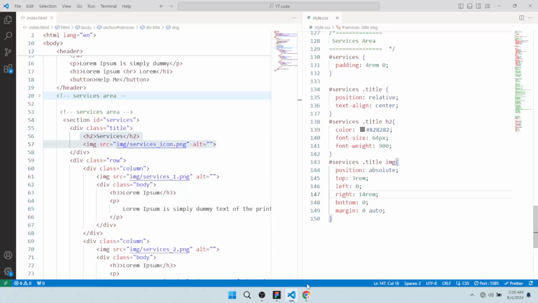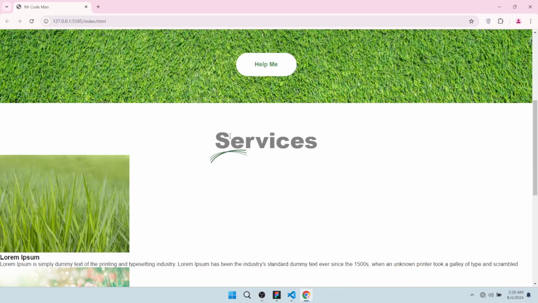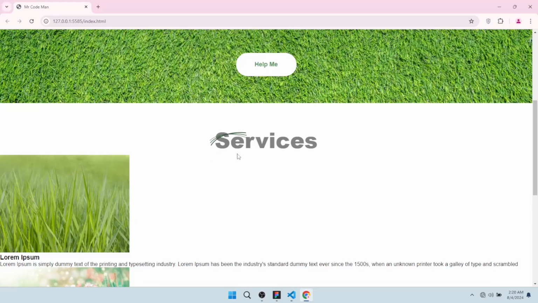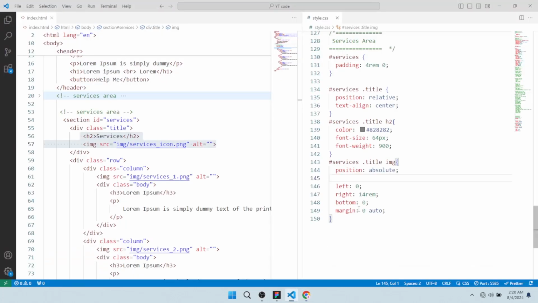For design purposes, if I remove the top value, the image shows on the service area, or you can call it the title area, and we need the title at the bottom, so we just add the top